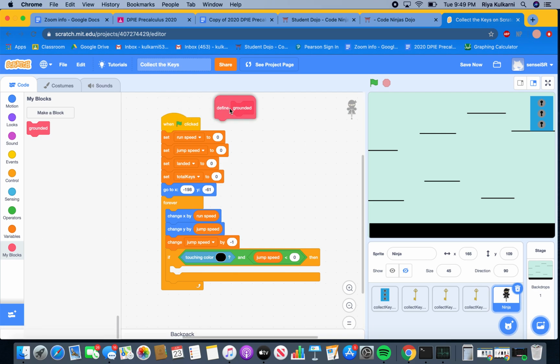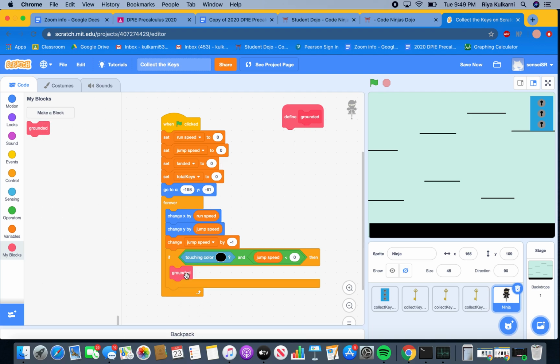So don't delete this, because this will delete the entire grounded block. So put it to the side for now. We'll use it later, and then drag out this grounded and put it inside of the if-then statement. Now we're going to add another if-then statement. So put it under